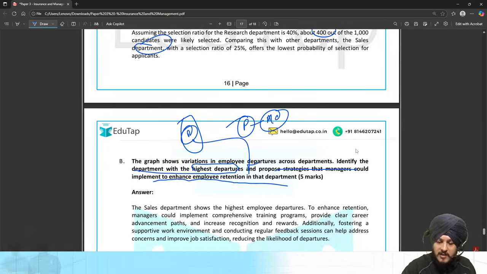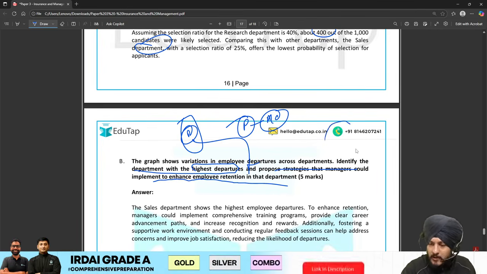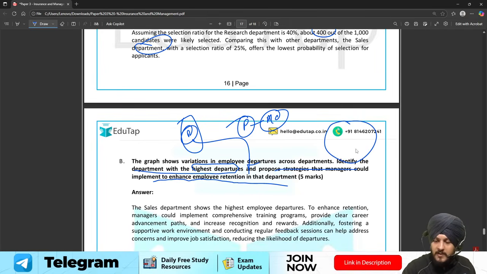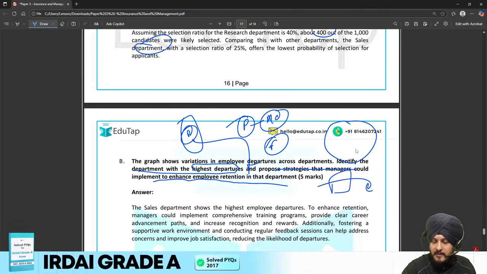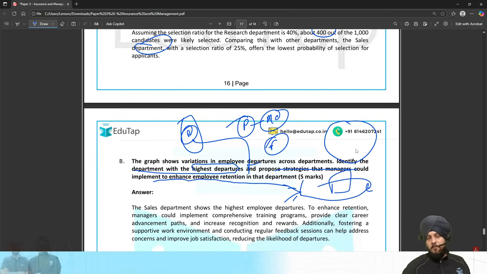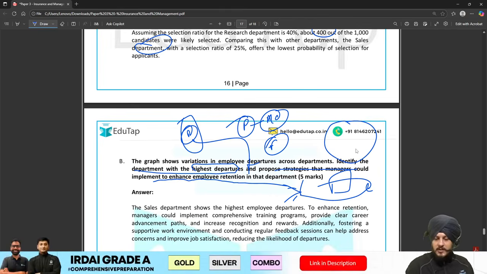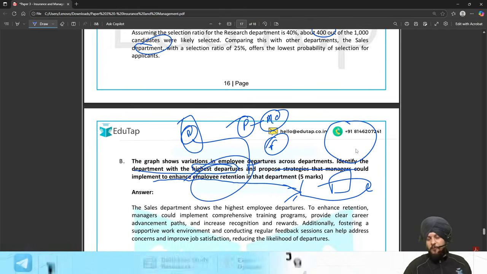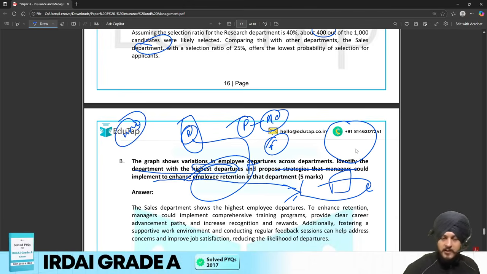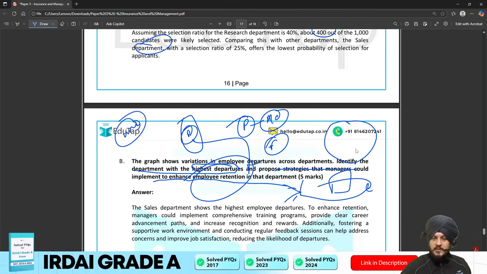Apart from that, the recognition, and you can create a supportive work environment as a part of the organization. Then you can bring this feedback mechanism also, right? So if they're performing well, the feedback can be collected and shared with the other team members. That is going to act as a motivation for them. So that's how, through different mechanisms, you can bring job satisfaction and improve the retention rate, right? So of course, if you have studied this syllabus, you must have covered human resource development. Human resource management is also there, the development is also there as a part of your syllabus.